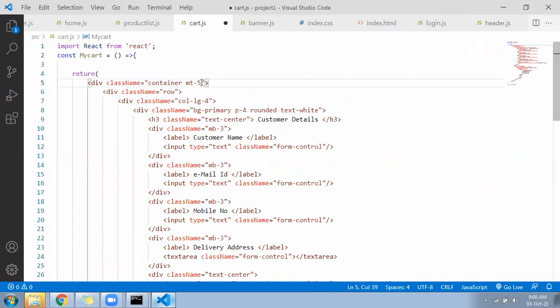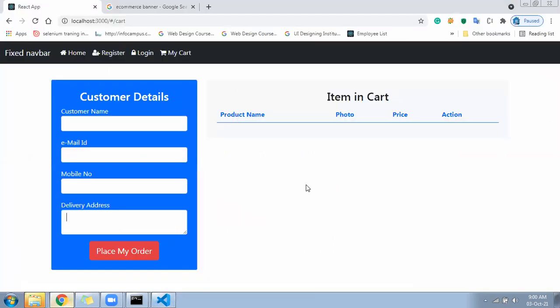So from the top there will be sufficient space. If you give mt-5, you will have good space from the top.